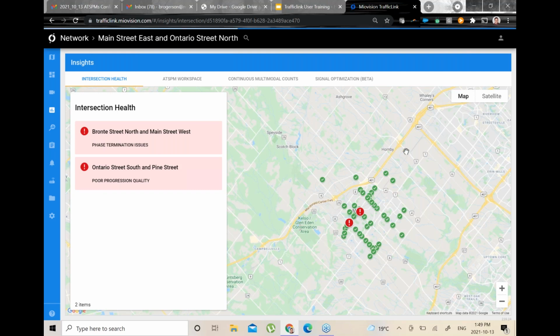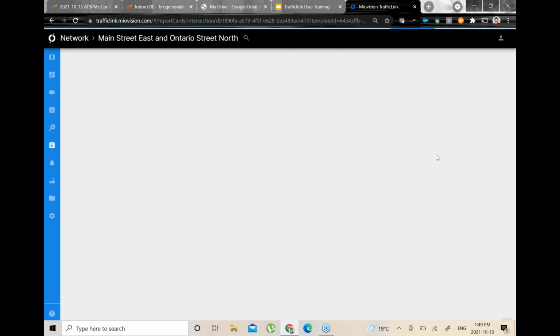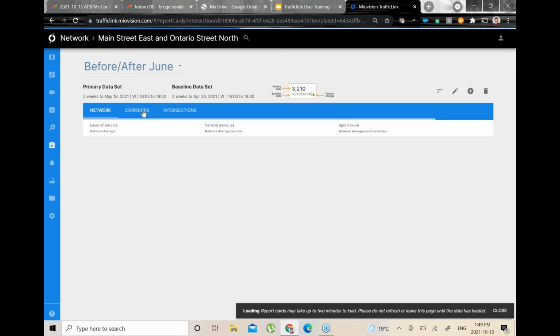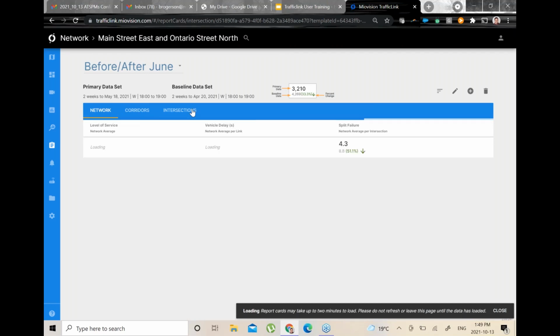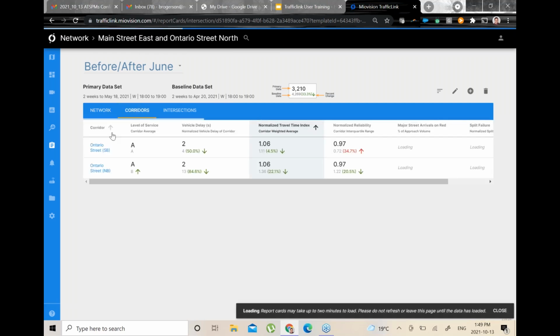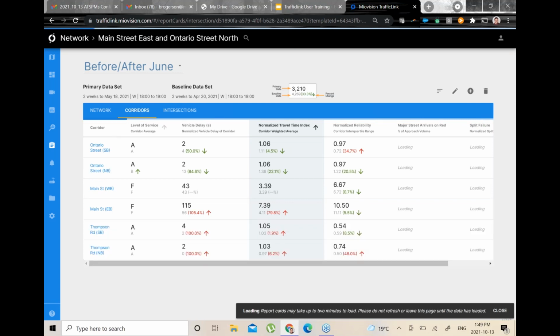The report card tool is 100% a before-after tool. It's really just looking for what was it and what is it now, and what is the percentage change across your network, the corridor, and the intersection itself. And if you haven't seen this before, it gives you some pretty handy information like level of service, total vehicle delay, the travel time along corridors, some normalized reliability. So it really gets you a nice cross section of which corridors are changing, which ones have the highest delay, and what is the general level of service that's actually occurring at the intersection.